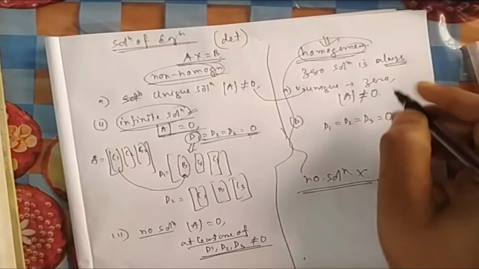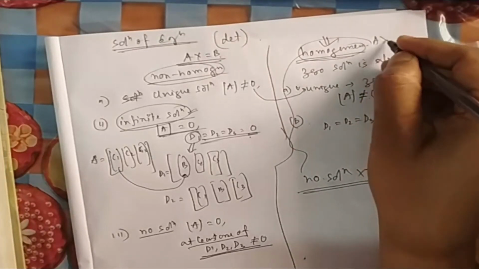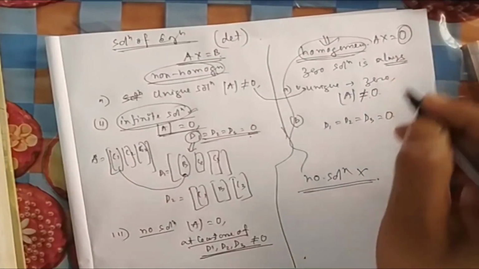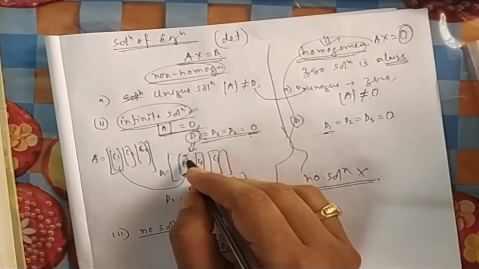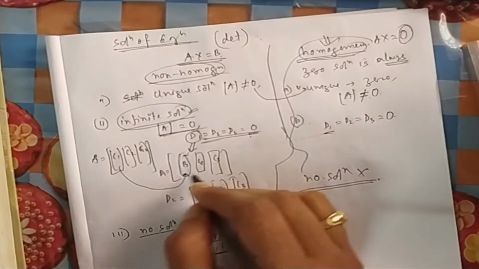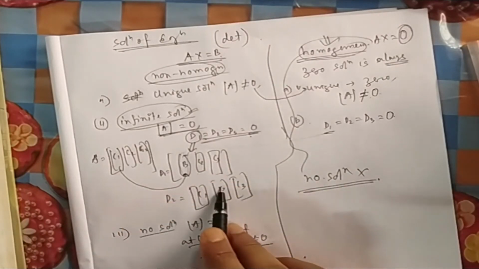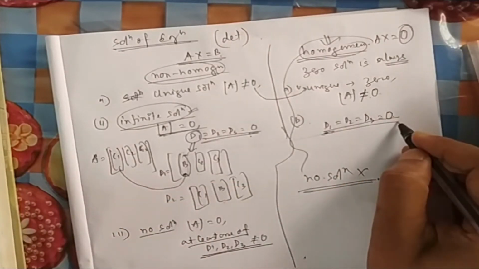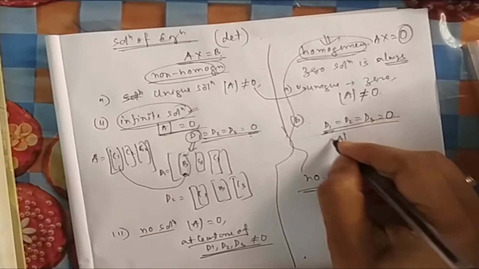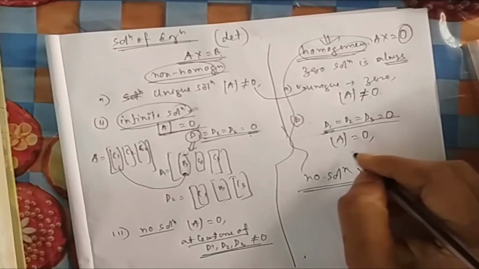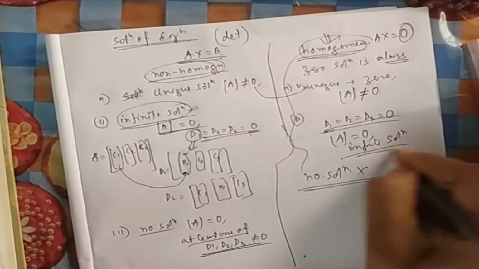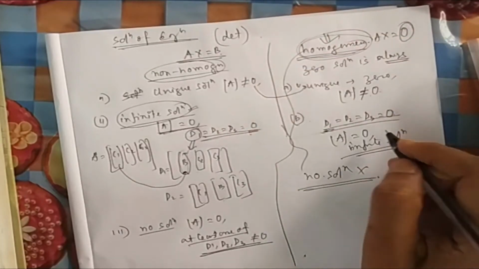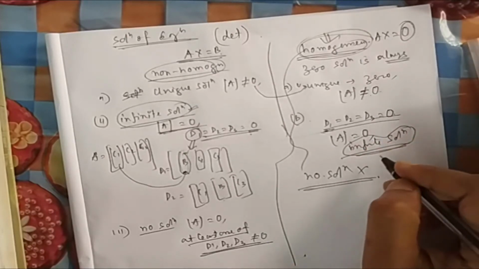Why? Because for homogeneous, what is the equation? Ax equal to 0. Because this side is 0. So for D1, if you are replacing with B, this is 0. If one column is 0, the determinant is 0. Again for D2, if it is 0, then the determinant is 0. So every time it will always be 0. So if along with that you do this one also, then you will have an infinite solution. Now why am I talking about this? Because this was a combination of a homogeneous equation and you are asked to find an infinite solution.